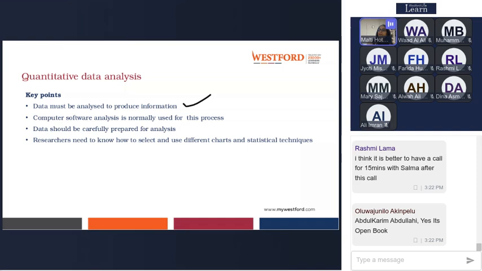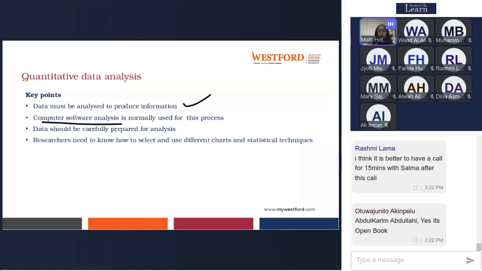For quantitative data analysis, only computer software analysis is used, right? You cannot do it manually. For running a computer software analysis, you have to prepare your data carefully. How to clean the data and how to prepare the data, we'll understand today.